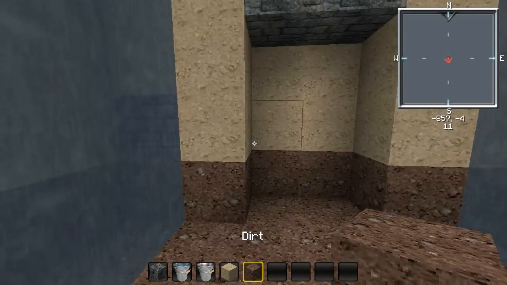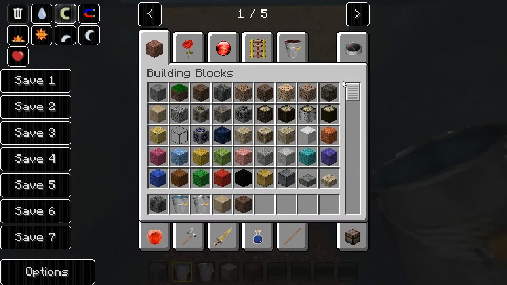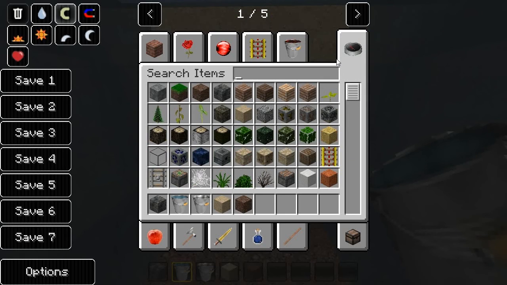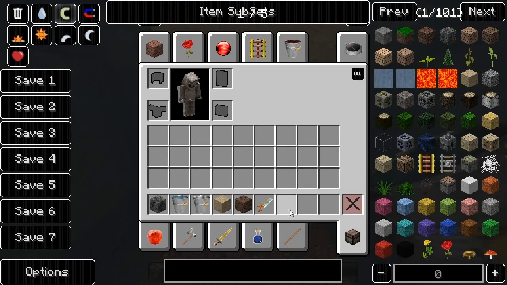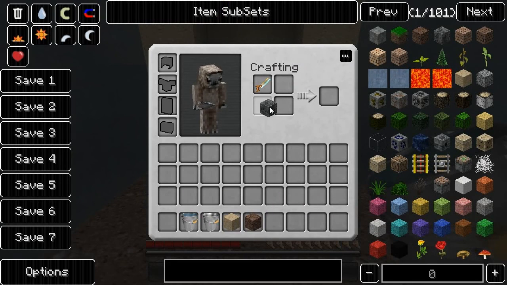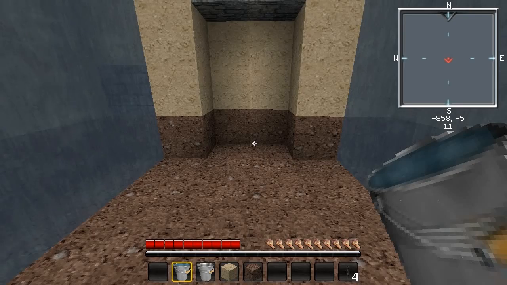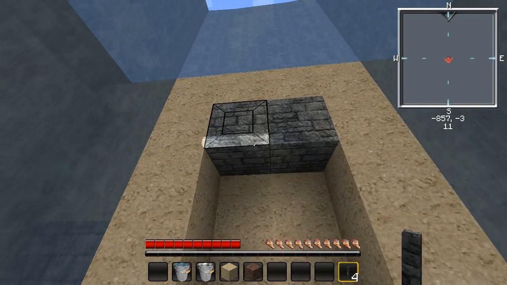Then for the door, what you want to do, I actually use something called a micro block. I don't think I can get it from creative mode, or I can make one. So you need a handsaw. In order to make a micro block, you put this into crafting like that, and I'm going to make some covers, and then I'm going to turn the covers into cover strips. Okay, so cover strips are little 1/8 by 1/8 blocks. What I did was I put them like